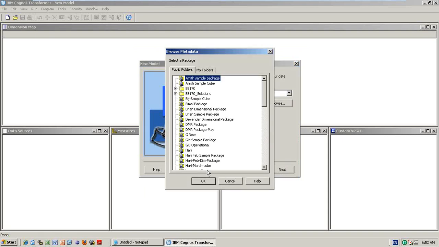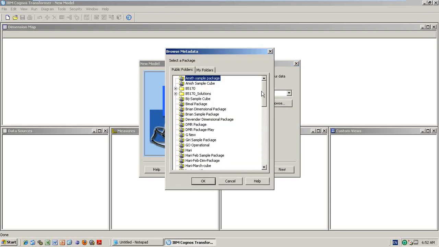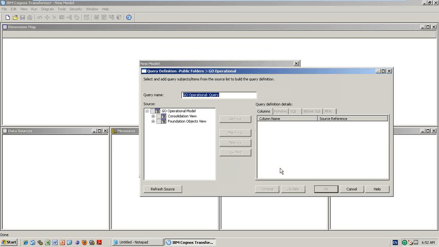Any package you select it and click OK. See, I am taking Go Operational. And click next.